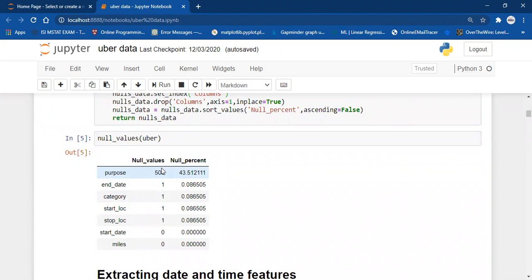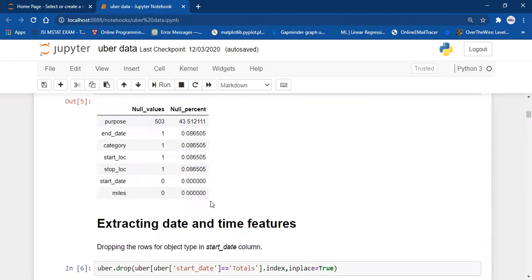Null values tells you the number of null values present in a particular column, along with the percentage. As you can see, the purpose column, which includes the purpose of the journey, has 503 null values, and the null percent is 43%.